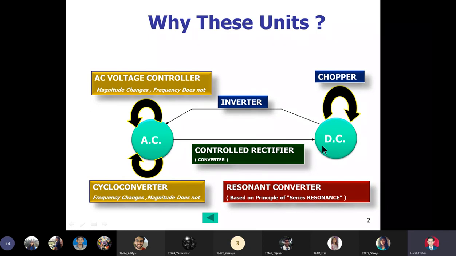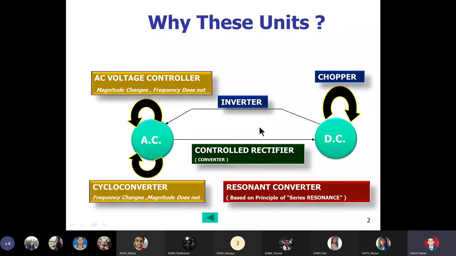On the other hand, if I replace all 4 diodes with 4 SCRs, then that circuit comes to be known as a full converter. That is why under the converter category, we have the first experiment semi converter and second experiment as full converter. So we have 1, 2, inverter 3, chopper 4 and AC voltage controller 5. So these 5 are called as performance experiments. So we do not have any lab setup for cycloconverter and resonant converter.